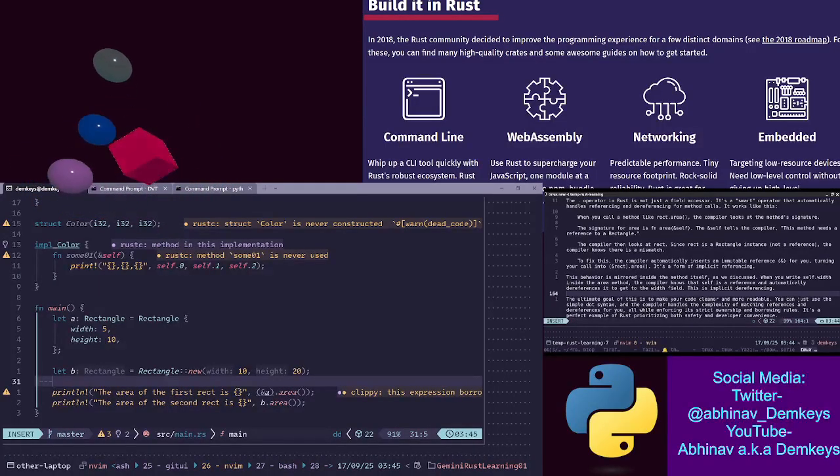All right, so going back to the self versus Self. So self is the instance of the type, and Self is an alias for the type name.